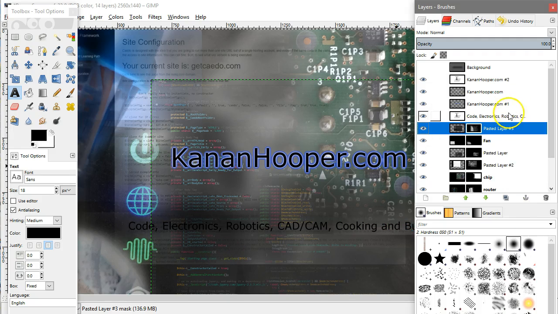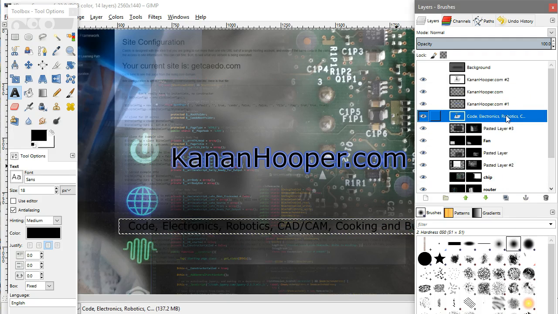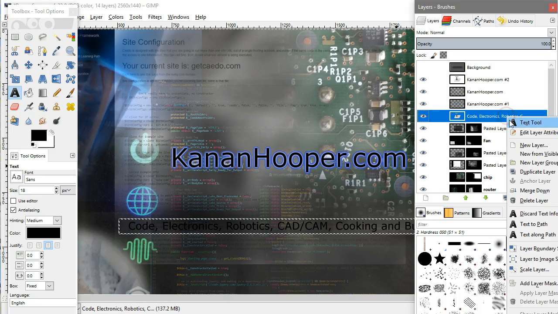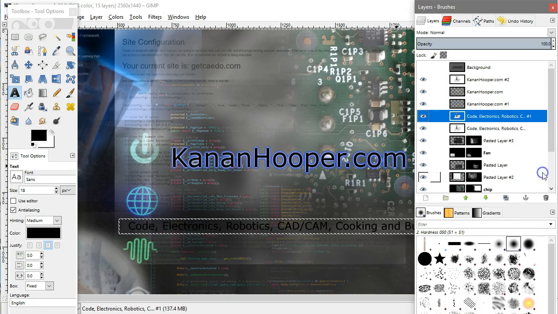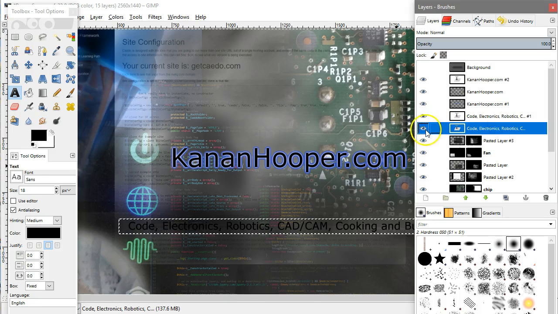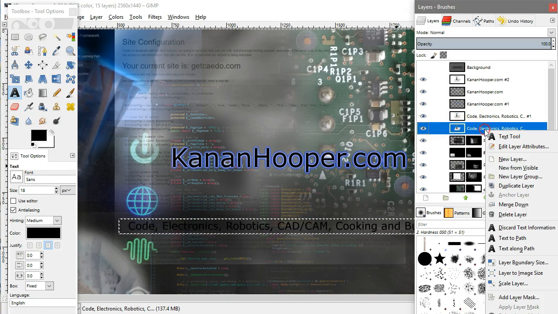So delete the layers, and then reselect this. The next thing that I want to do is duplicate this layer. So now I have two copies. Either one of the copies are showing, you see the text. But for this bottom copy right here, I want to click on the link that says discard text